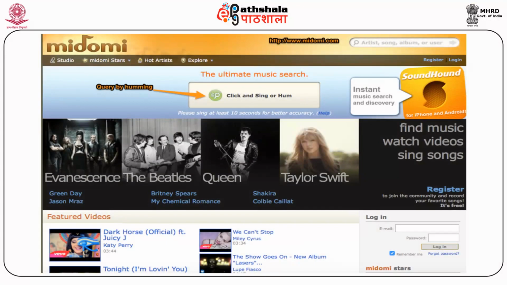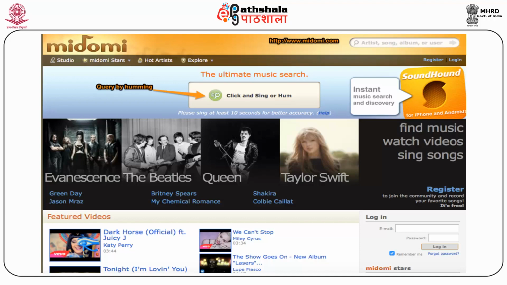This is one music search interface available at www.midomi.com. Here, the user can search by humming a song, or, as it is written, click and sing or hum. When you press the button and you sing a song for at least 10 seconds, the interface captures the voice, searches the index and brings similar records to the user.